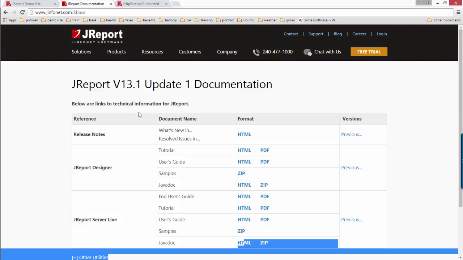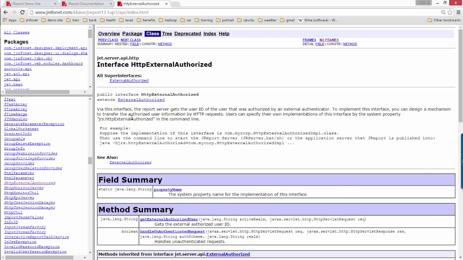It's available for public knowledge, in which the user can go to the JReport Server Live component, and then click on the HTML link under Java Docs, and that will take them to the web pages that outline all the APIs that are available within our product, both JReport Designer as well as JReport Server Live. In terms of integrating with your backend, the most common examples of integrating JReport with the Java JReport APIs are